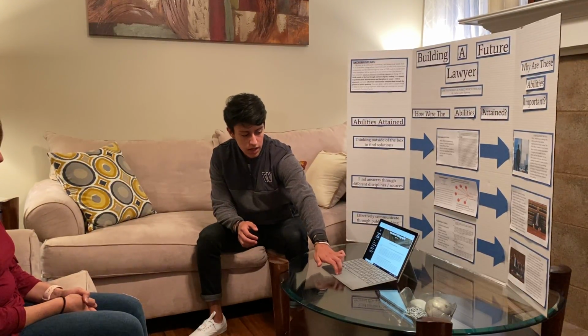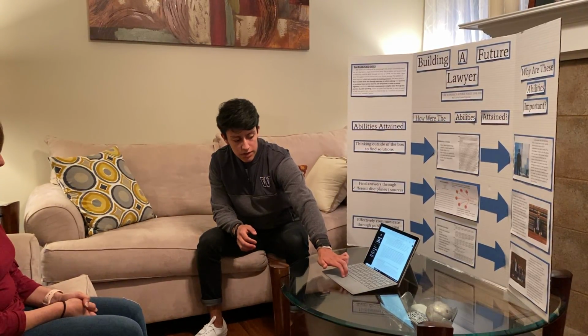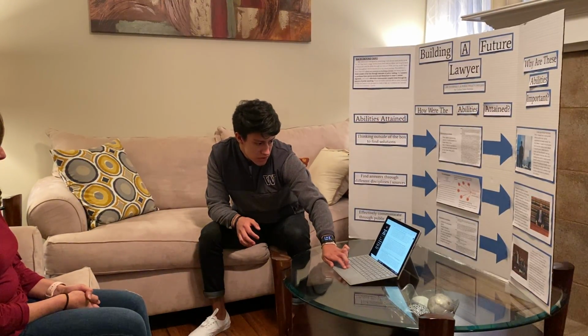The annotated bibliography is fancy speak for what I did throughout my time at UW-Bothell. And what I was trying to do here is kind of highlight the biggest and most prevalent examples of my work that are most relevant to where I want to go to work later on, which is the law field. And so you'll be able to see things like my research project of